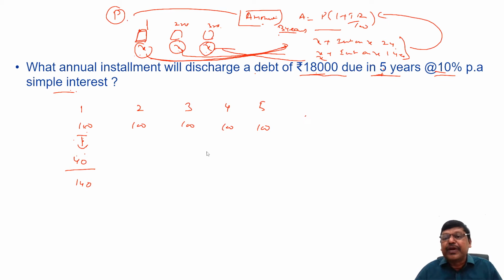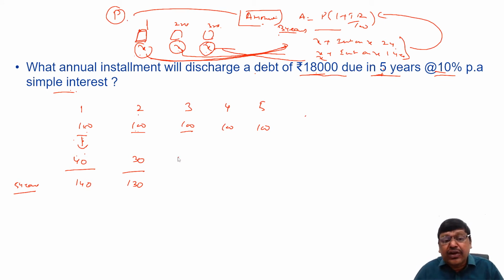of the 5-year period. This second installment is paid at the end of 2 years, but I am talking about the end of 5 years, what is the position? This is paid 3 years before it. So we have to calculate 3-year interest. 10% of 100 is 10 rupees. For 3 years, it is 30. It will be 130. And this third installment is paid at the end of 3 years, or 2 years before